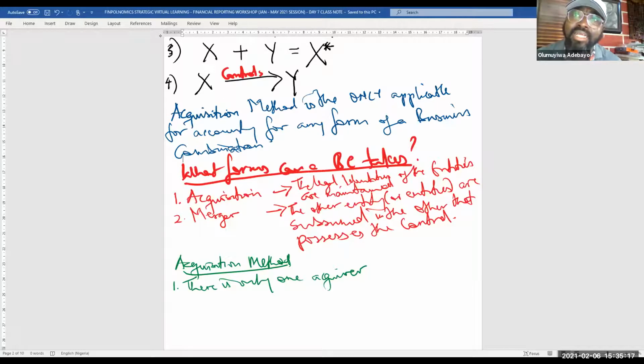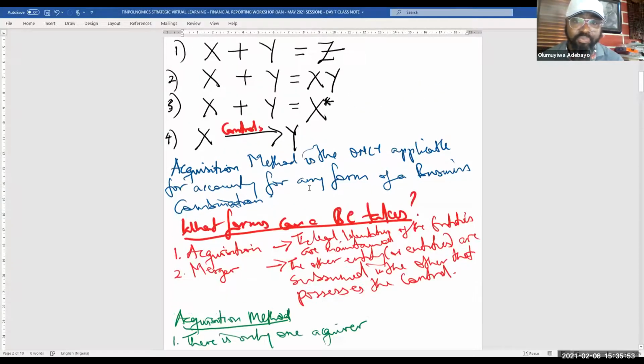In a merger, there's no acquisition of shares. What you have is an exchange of shares in the enlarged entity, because the whole of those entities are subsumed in one another. Do you get the logic? Which means you can't use that phrase for what has happened between Access and Diamond. Because what happened is that you create the new Access, like what happened in this case.